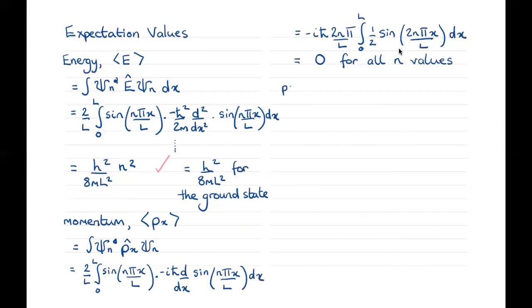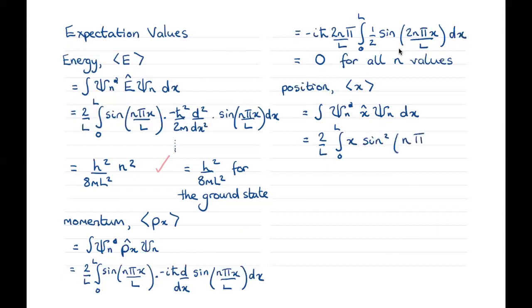Okay, the last one then, the expectation value of the position, x, is the integral of psi n star times the operator for position times psi n dx. Which is 2 over L times the integral between 0 and L. Here we can write the x at the front because it's just multiplied by x times sine squared n pi x over L dx,